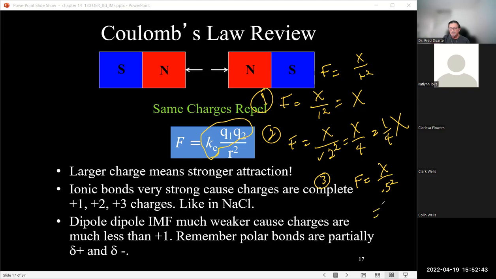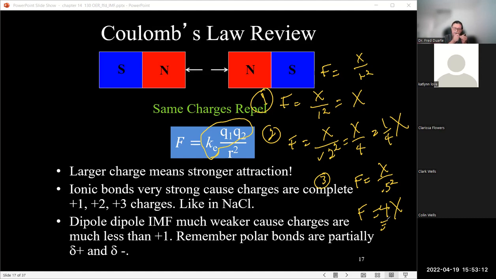If we look at that, we end up with a force that increased in magnitude by a factor of 4. You're welcome to do the math and you'll see that. Just by taking 1 unit of distance and decreasing it by half, the force went up by a factor of 4. And you know that by bringing 2 magnets together,